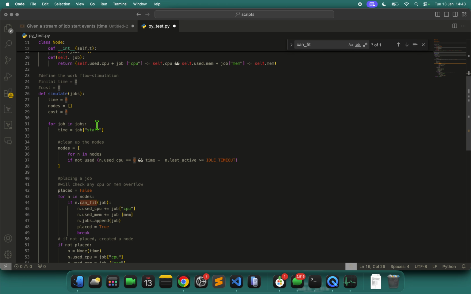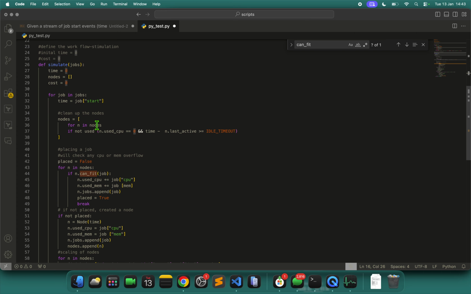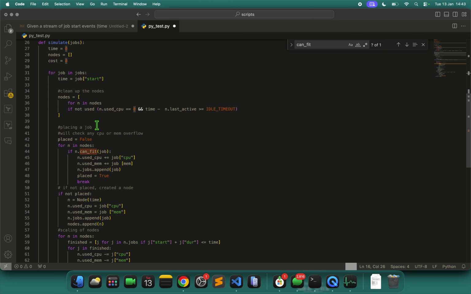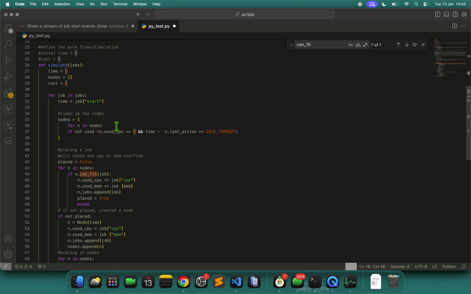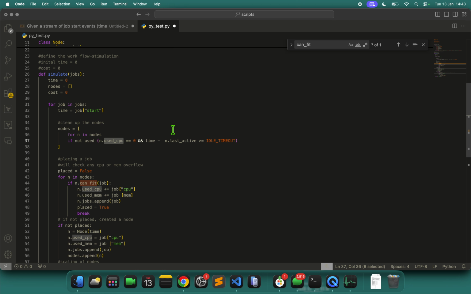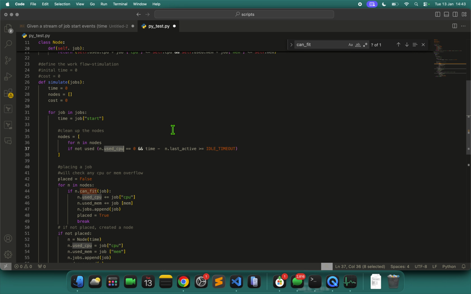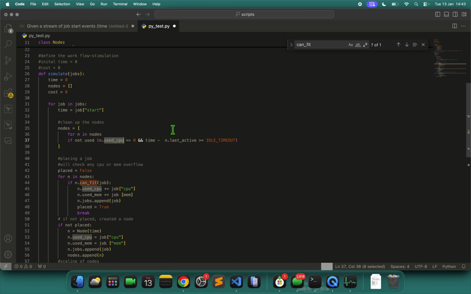If my node is idle, with its used CPU and used memory not consuming more RAM and CPU, and the idle timeout has also passed, it will be cleaning up the nodes, I mean scaling down that particular node.